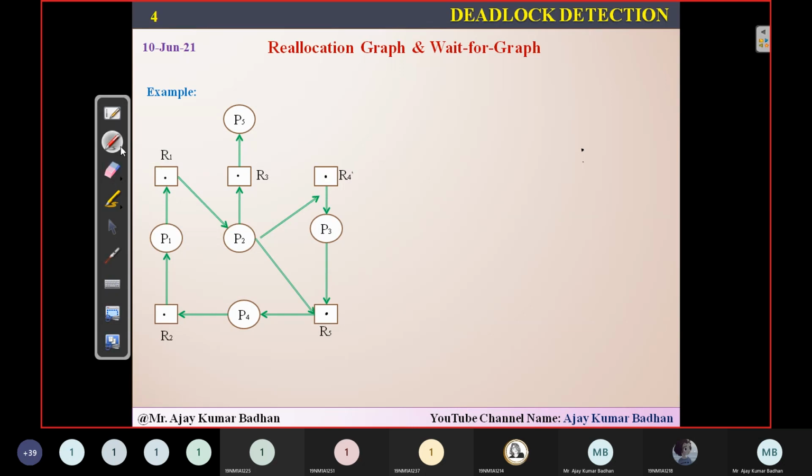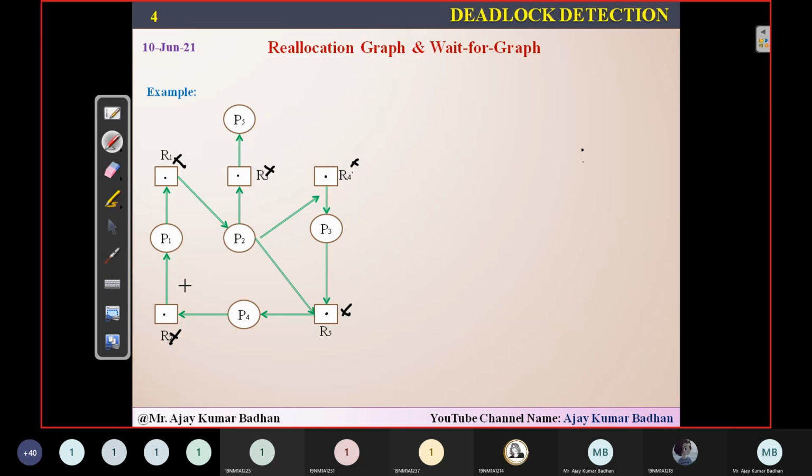Okay. Now what I'm going to do in this particular detection algorithm is I'll try to abstract this particular graph. Abstract in the sense that I'll simply remove these resources. Whatever resource you're seeing, R1, I will remove this. R3 also I will remove. I'll cut it short, I'll make it shorter. Whatever graph you are seeing here, I'll make it a smaller one. How can I do it? It's very easy. I'll simply remove these particular resources.